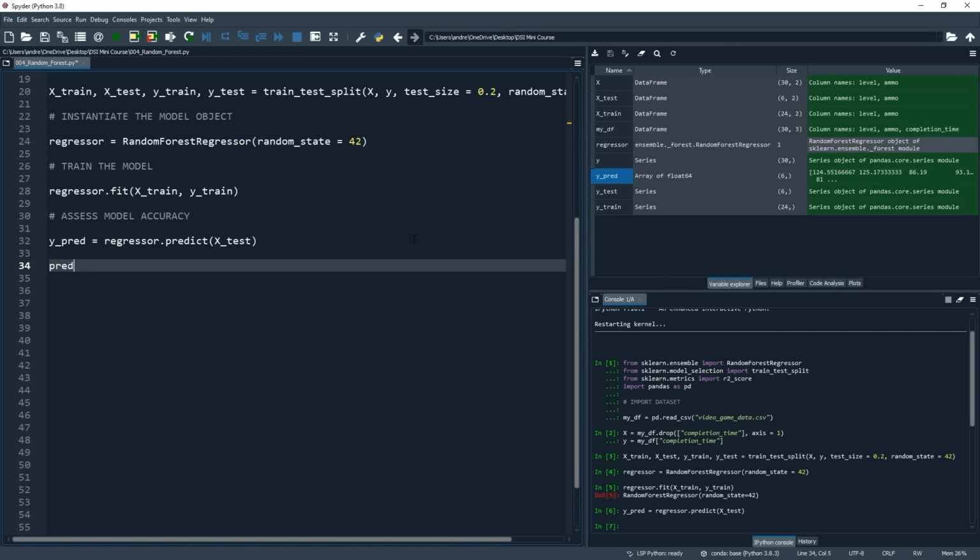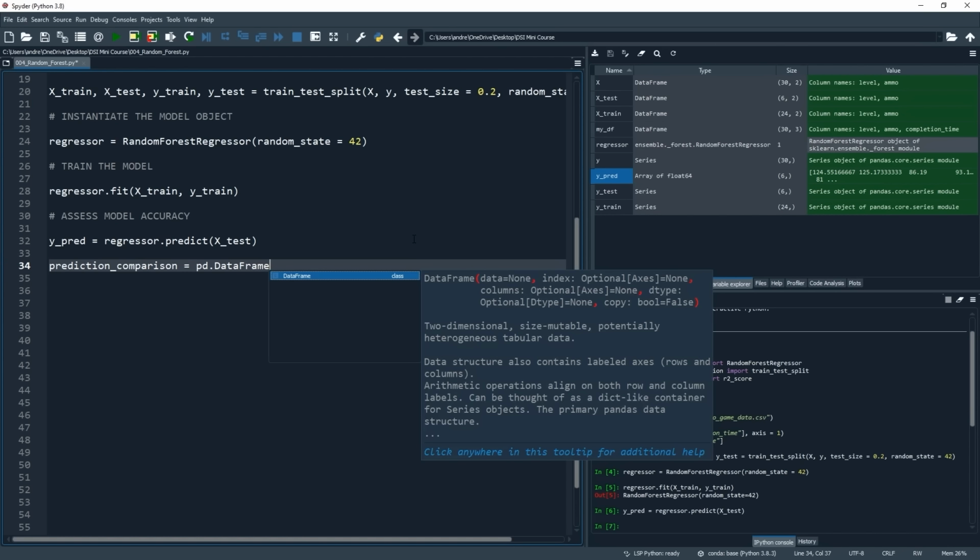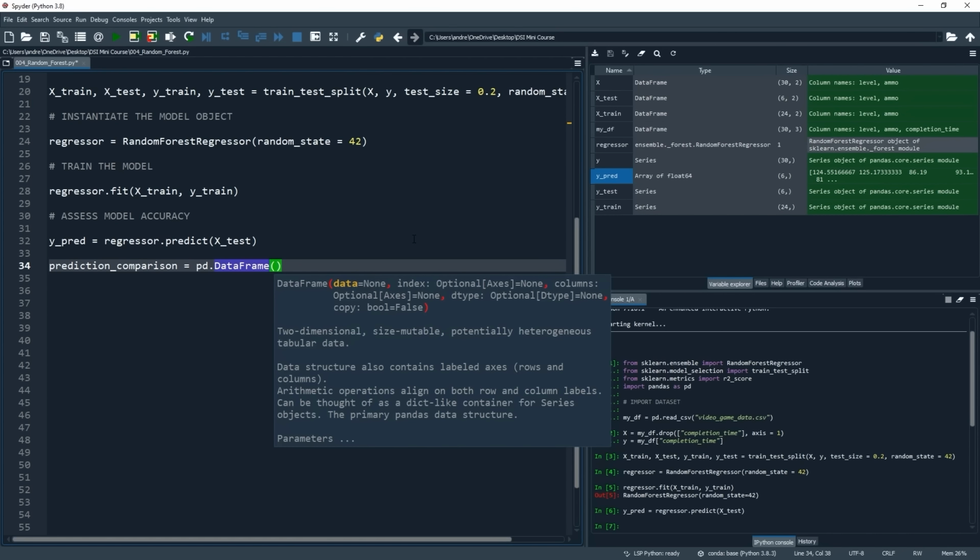Let's call this prediction_comparison, and we will create a new Pandas data frame. So let's put equals and then pd.DataFrame with a capital D and capital F and then parentheses. Within the parentheses, let's put in a set of curly braces, and within there we will specify our first column name. So within quotation marks we will put actual.